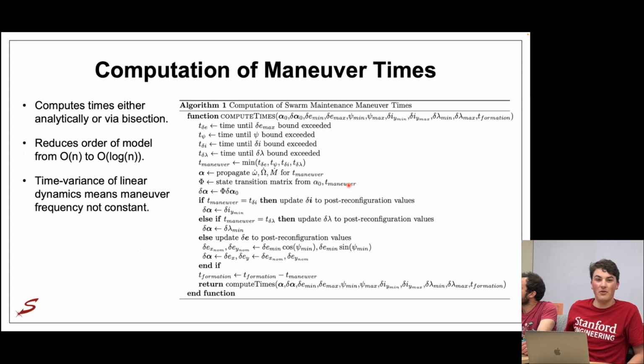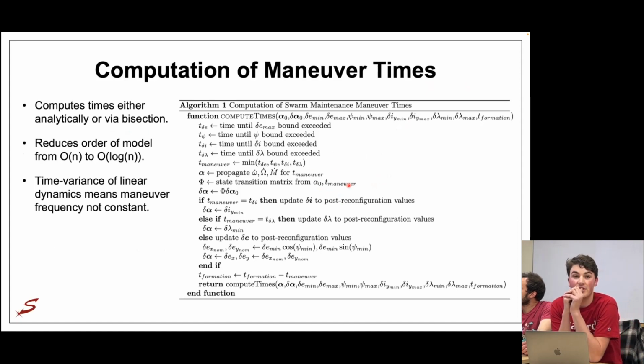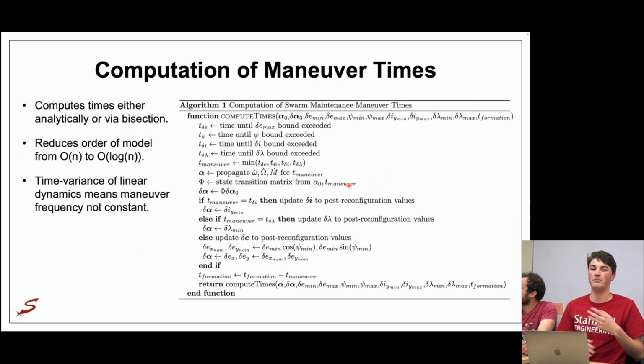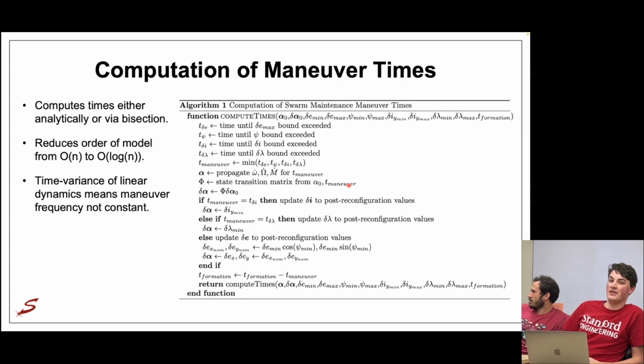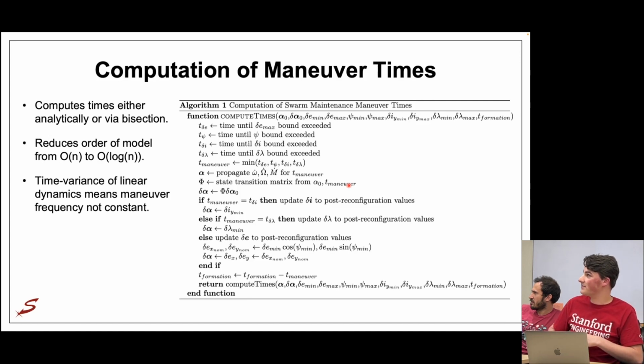This one's less convenient. In circular orbits, you can compute the maneuver times and the maneuver frequency easily because the dynamics are time invariant. You can say, all right, these maneuvers are going to be performed at this rate, and then you can arrive at some closed form expressions for how many maneuvers are going to be performed over this time duration. Since we have time variant dynamics in eccentric orbits, I would say that's an invalid assumption to make, and you need to account for the change in dynamics. So what this algorithm does is generate a list of maneuvers over a certain time duration